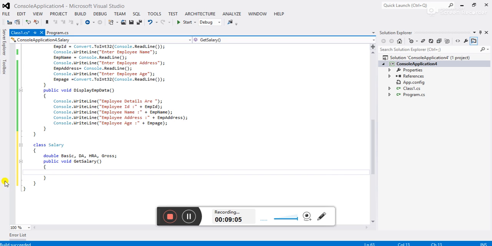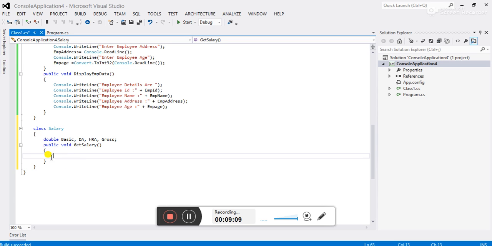To get the input from the user, I am writing this function.